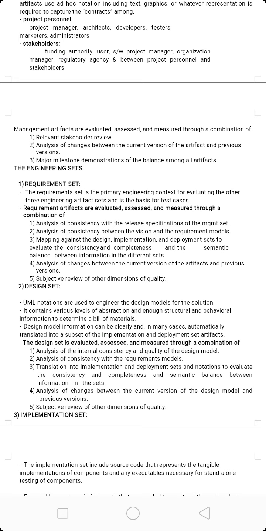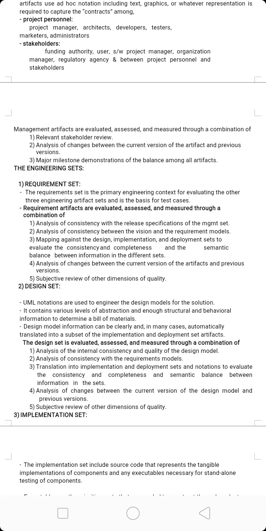In this, requirement artifacts are evaluated, assessed, and measured through a combination of the following. What are they? First one, analysis of consistency with the release specification of the management set. Second one, analysis of consistency between the vision and the requirement models.